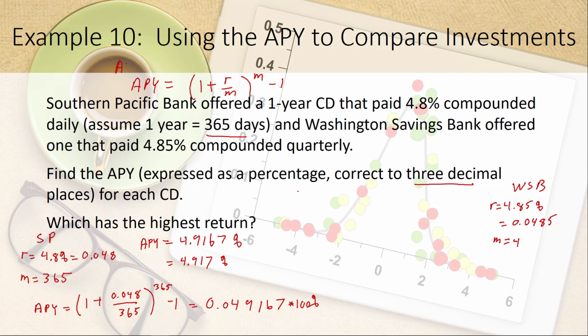So for these guys, the APY is going to be equal to 1 plus 0.0485 divided by 4, raised to the 4th power, minus 1. And if you knock that out in your calculator, you are going to get